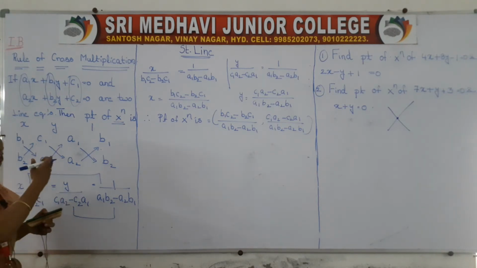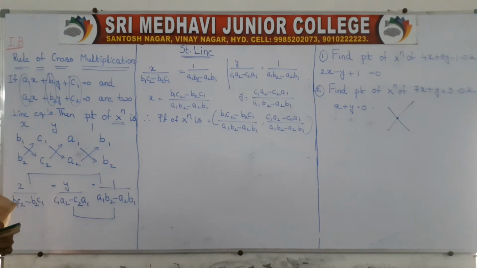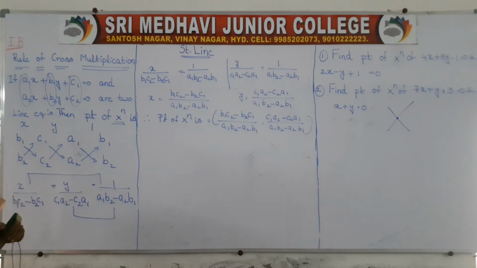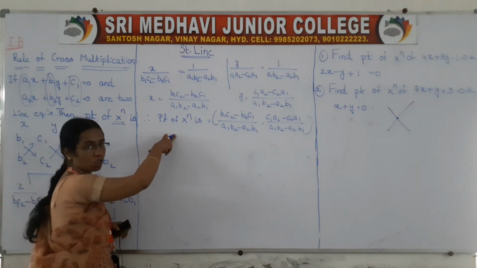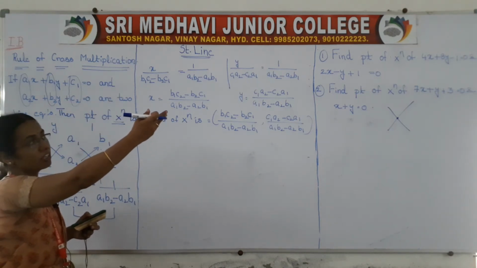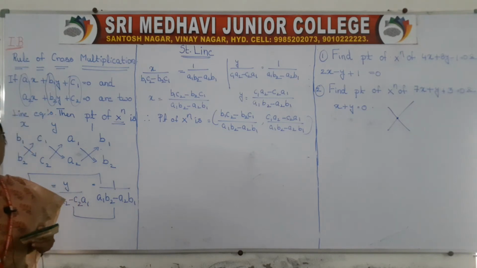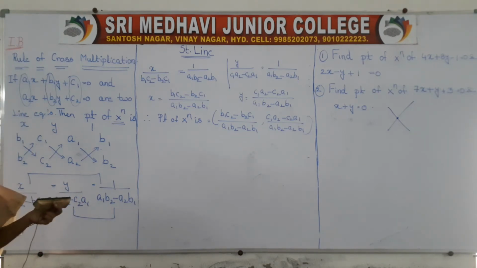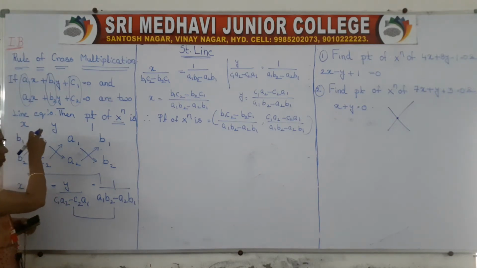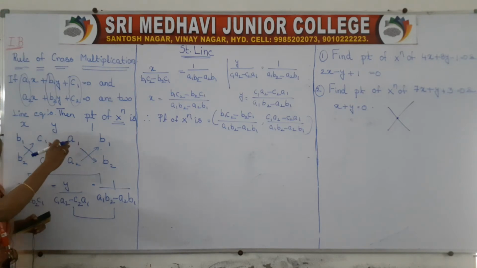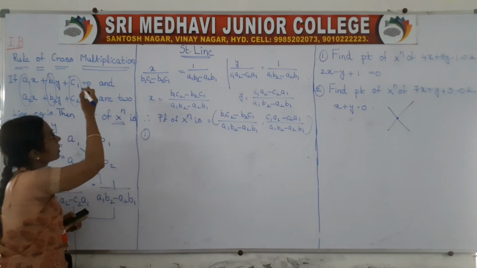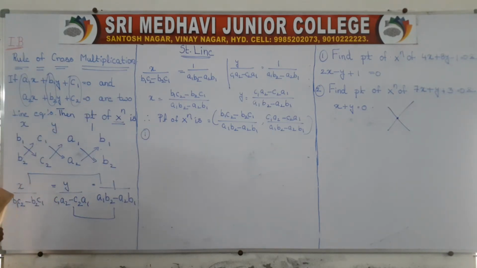So if I write in terms of A, B, C, A1, B1, C1, A2, B2, C2, it looks a little bit tough, but they won't ask this. This is just the method, how to solve. They will ask just to find the point of intersection of two lines. They will give two line equations, and we have to find their point of intersection. By taking two questions, I will explain. It is very simple actually, but if we take A1, B1, C1 and A2, B2, C2, it looks like this. Come on, we will solve one problem by applying this rule of cross multiplication.